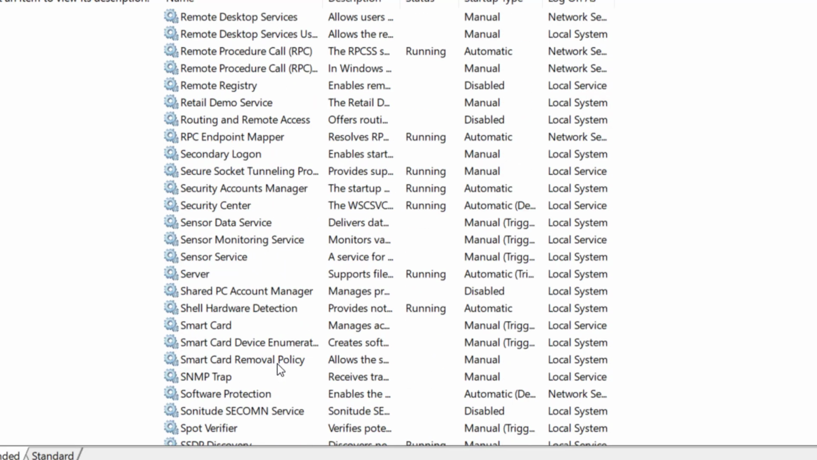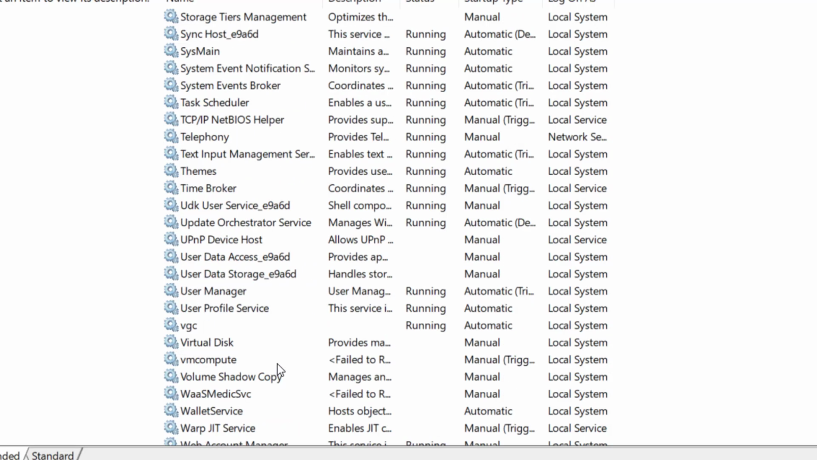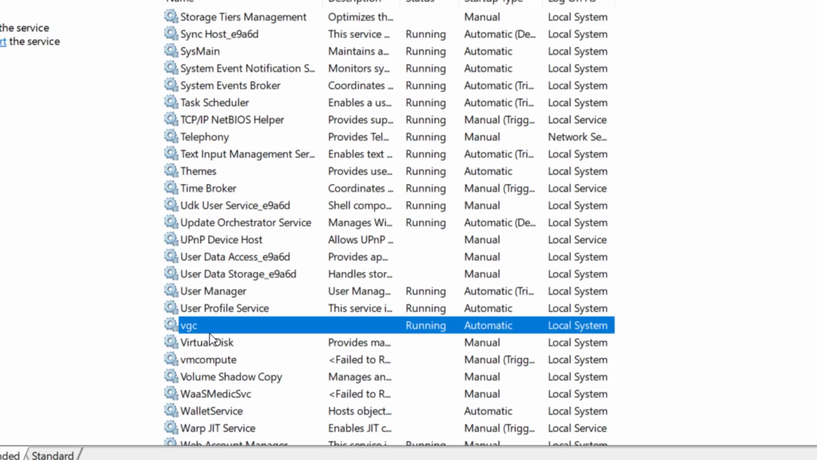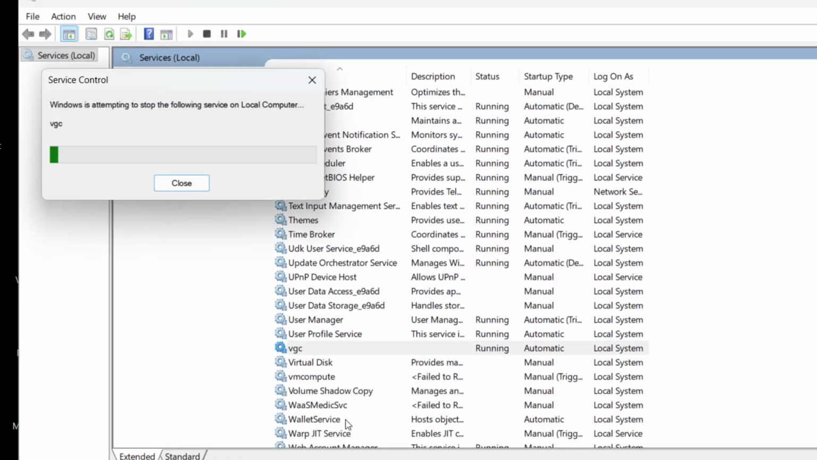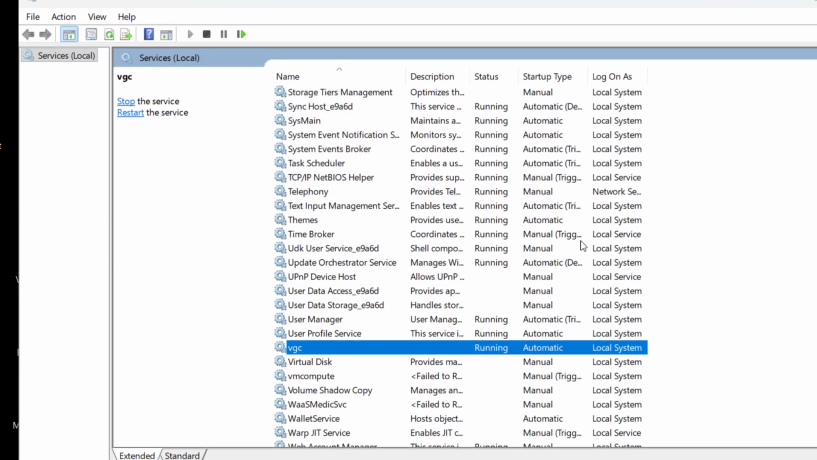And in this you see VGC. You need to restart that. Yes, click on restart. Once the restart is completed, close it